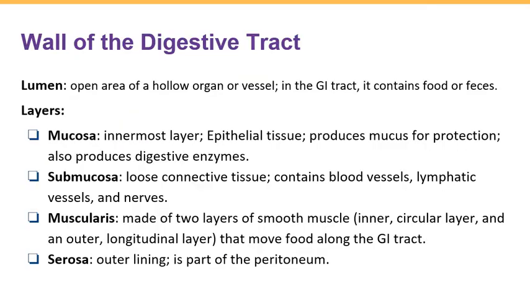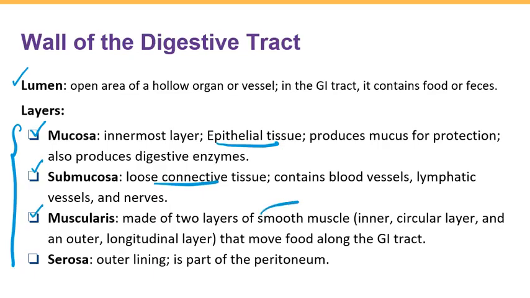Okay, so let's see what we covered. We talked about the digestive tract wall histology, and we learned that the open area or space in the middle of hollow organs, like our esophagus and stomach, is called lumen, which food passes through. And then we talked about these 4 layers from inside to the outside. We have mucosa, which is composed of epithelial tissue, submucosa, which is connective tissue,